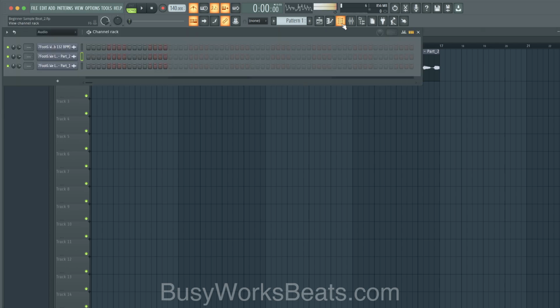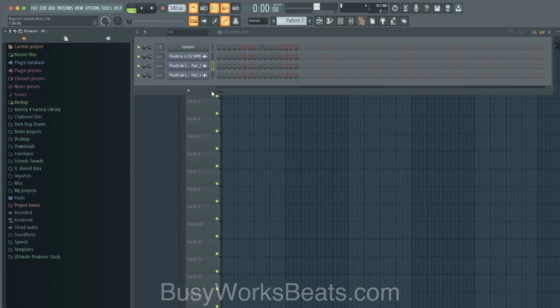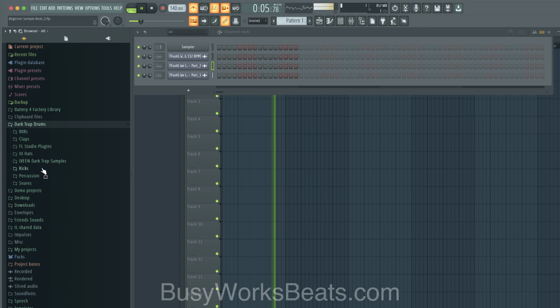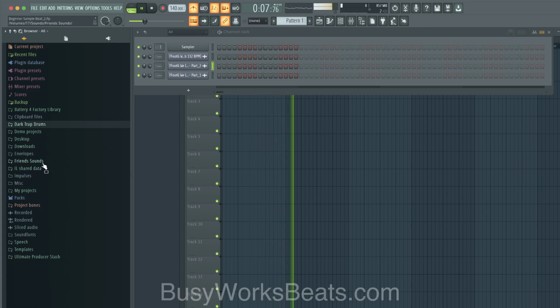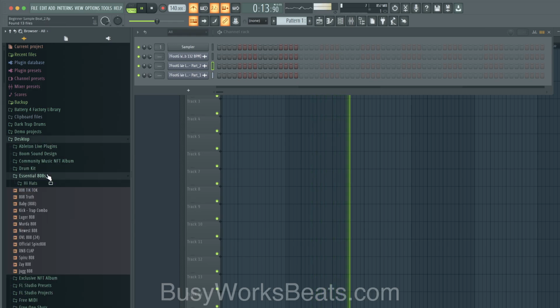Let's go to the channel rack. And now we're going to go to this little black icon and go to all. And now we can start importing drum sounds into what's called a channel rack. So let's open up the browser, and we need to find decent sounds that match this vibe. So now I'm gonna go to my friends folder. Actually, let's go to maybe dark drums. Actually, no, I know what we're gonna do. Let's go to friends. We have an essentials folder. Let me find out where the heck I even put it. Here it is.